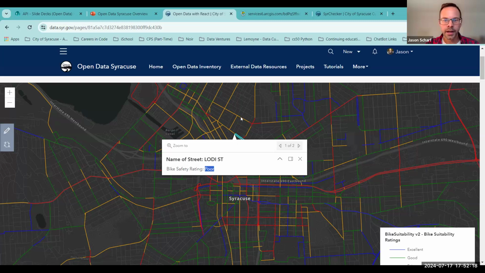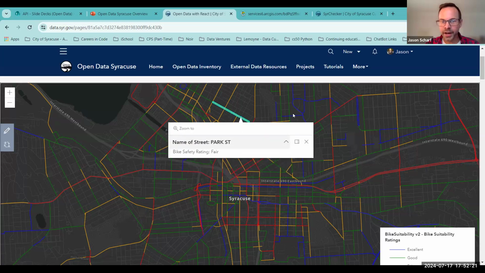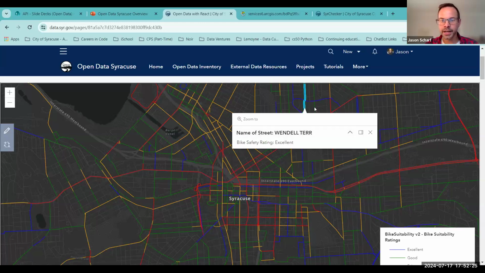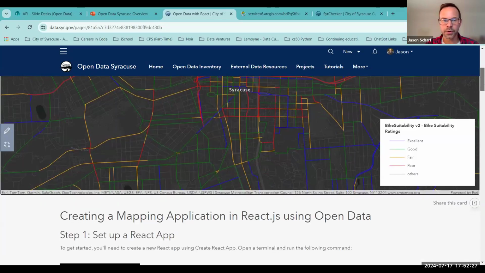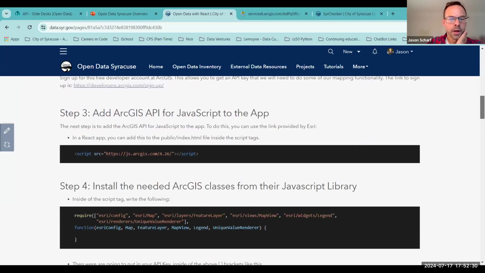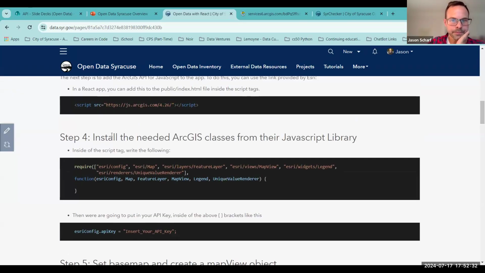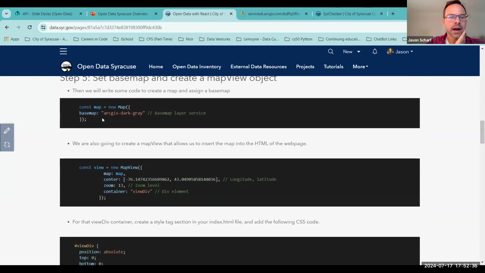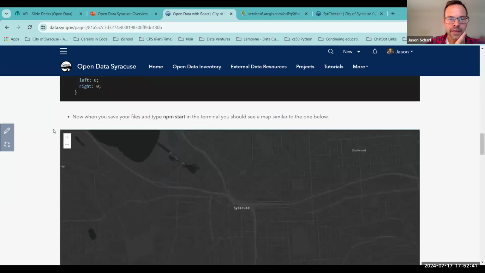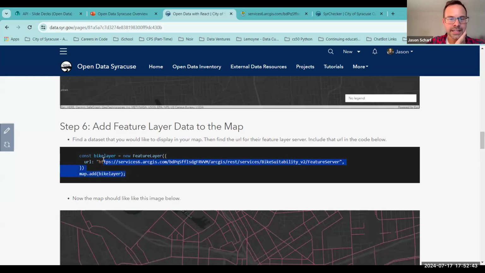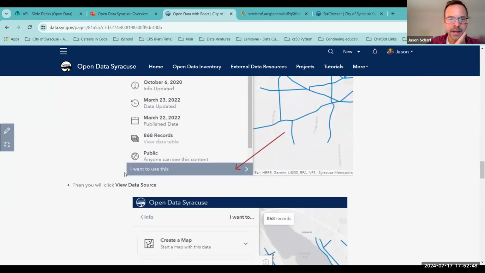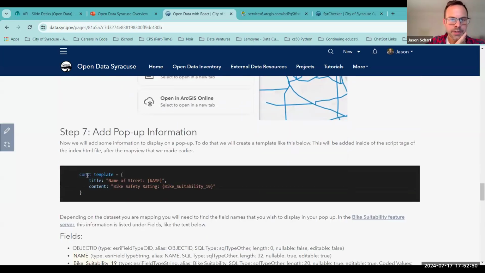It's poor, fair, blue is excellent, green is that. So the code just takes us through. I'm not going to go through the whole thing, but using their JavaScript library, this is how we made that. We set the base map, we set the view, and then we're calling that data set. We're bringing this in as a feature layer,